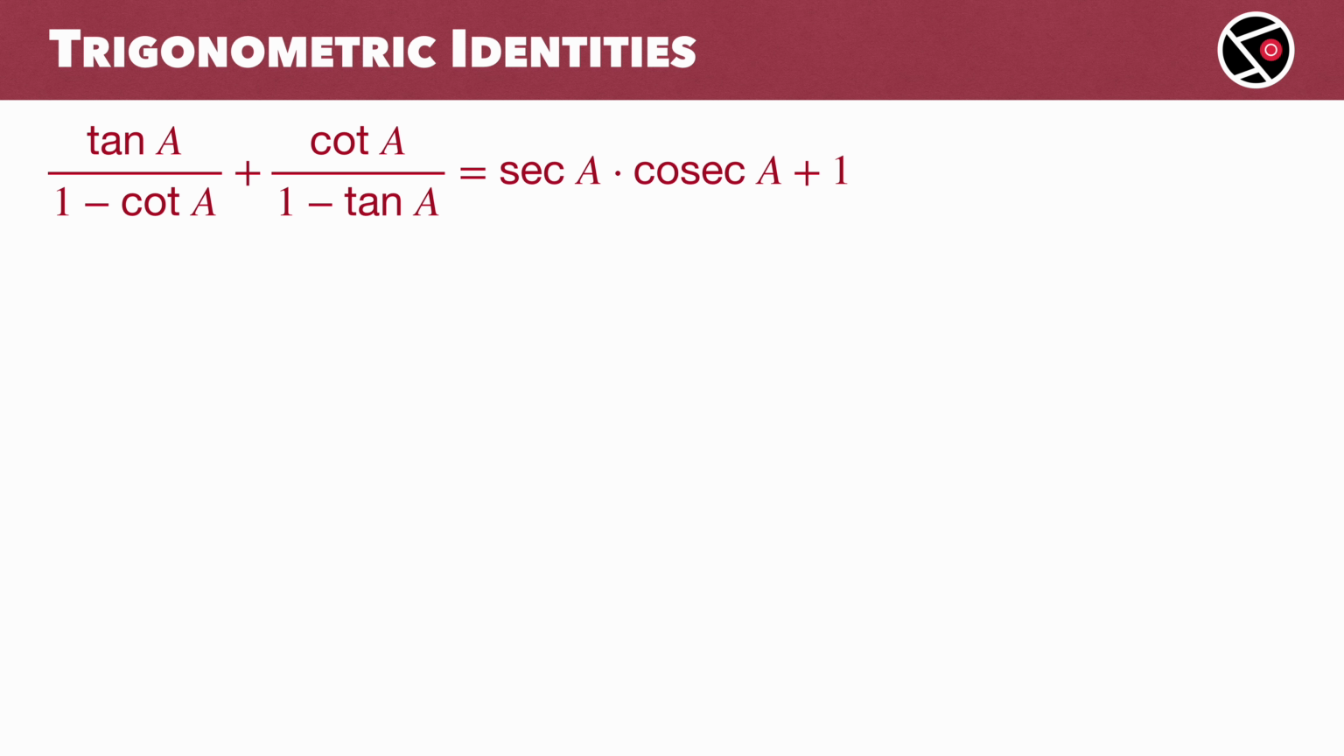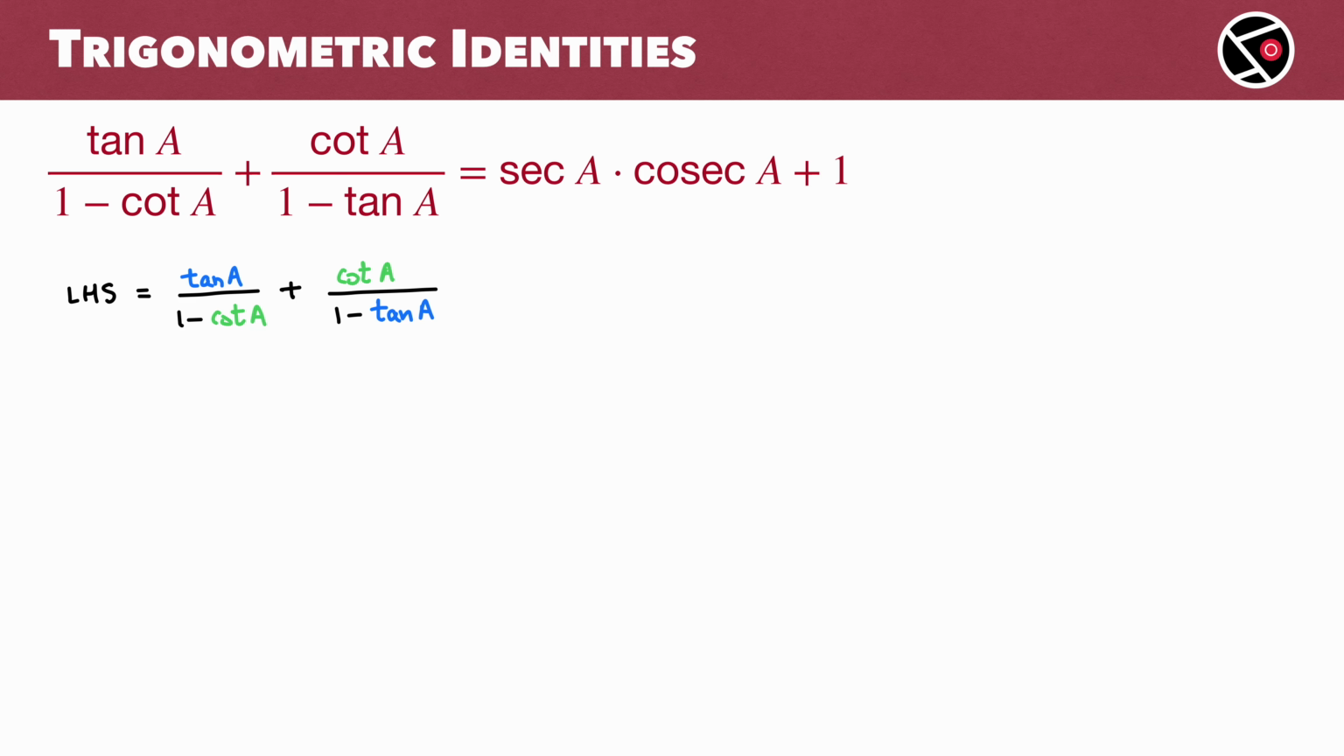I'll begin with the left hand side. Tan A over 1 minus cot A plus cot A over 1 minus tan A. But why are we starting with the left hand side? Simple. It's the most complicated side. In trigonometry, it's usually smarter to start with the messier expression and simplify it step by step towards the simpler